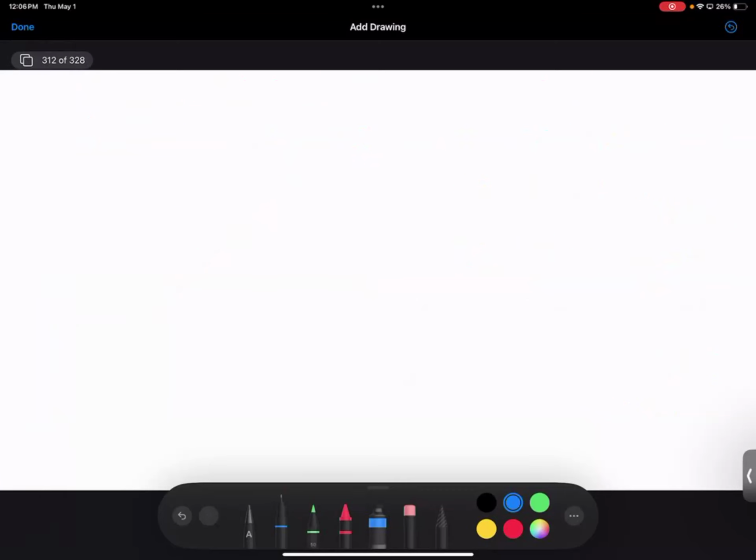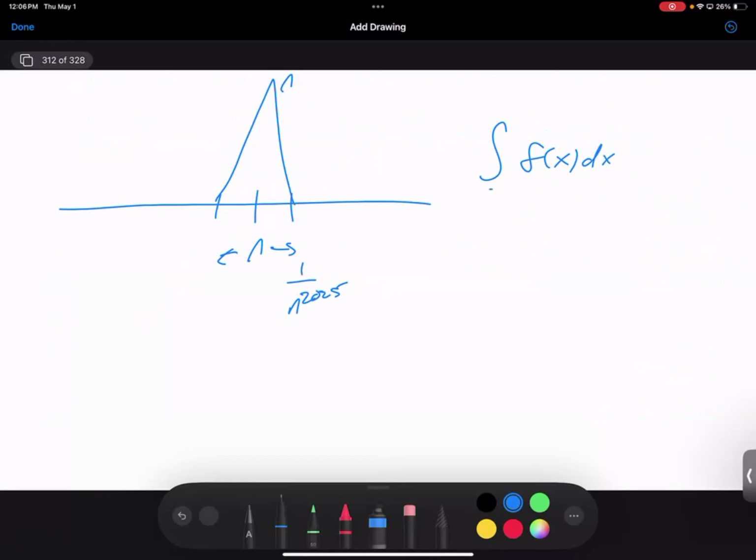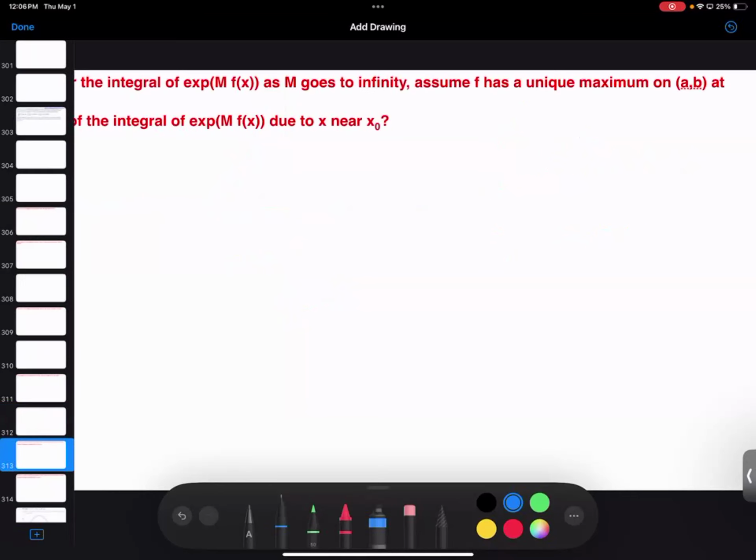So for instance, if I look at something, so, you know, here's n, and maybe this is going to be of size 1 over n to the 2025, and I go up to height n, then the integral of f of x dx from 0 to infinity, if I'm going to raise this to the rth power, is going to be finite for r less than 2024. And then once r breaks 2024, then the integral would be infinite. So these give you just some idea of how to come up with whole slews of counterexamples. Once you know some of these, it's not that bad.